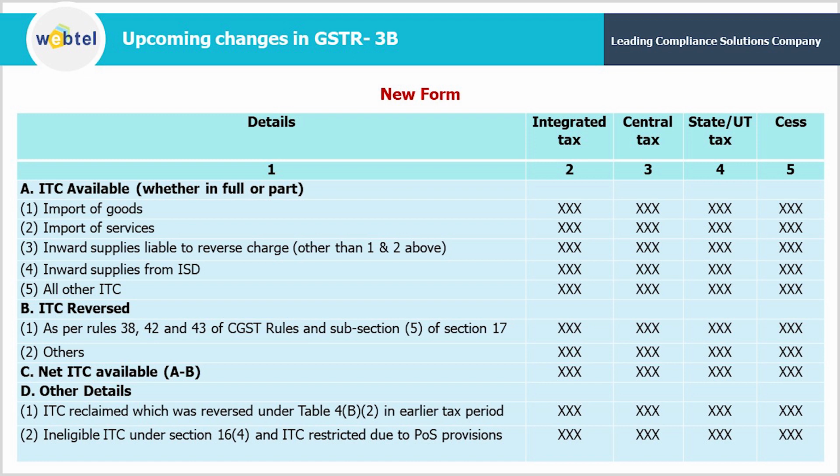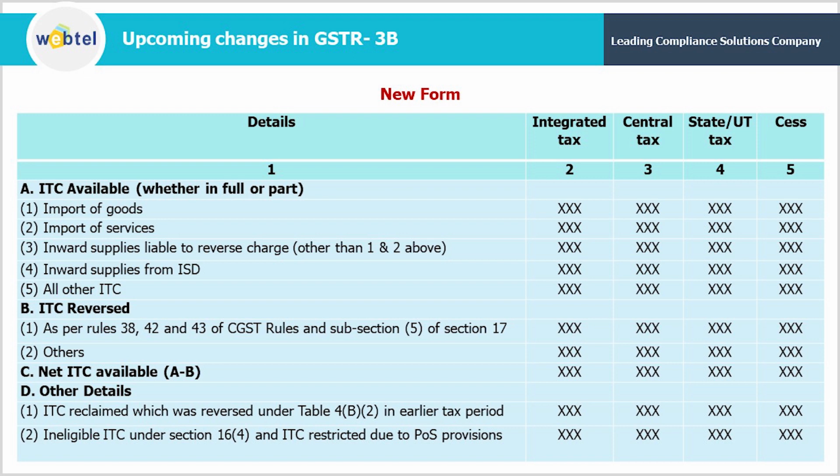First, as per section 16(4), you are not eligible to avail ITC on account of limitation of time period, that is, the time period has elapsed. And second, the recipient of intra-state supply is located in a different state other than the place of supply. Other than that, all other ITC will be auto-populated over here. It is to be noted that all the other fields, that is 4A1, 4A2, 4A3, 4A4, these all details are same as earlier.